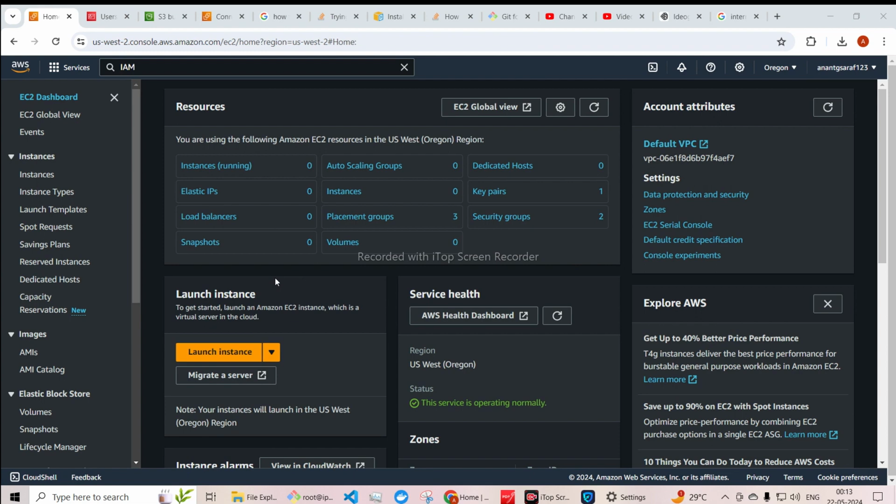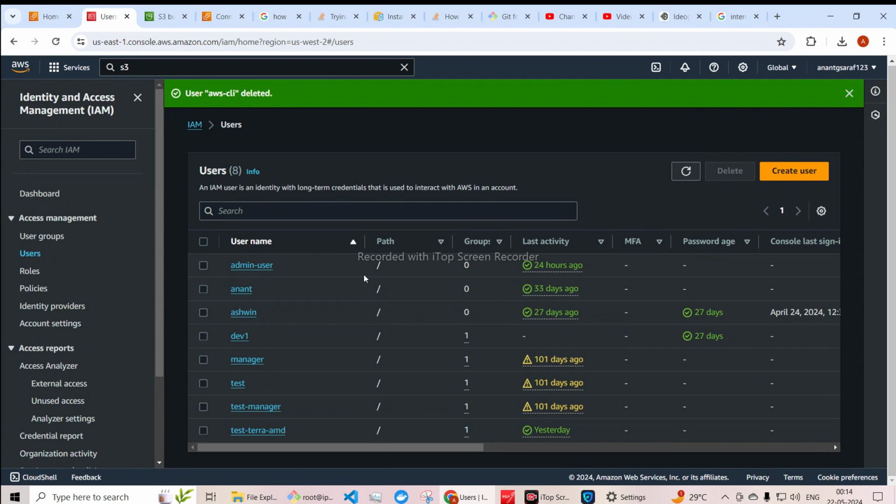In that case, what we can do is create the EC2 instance, and to that EC2 instance we can assign the roles, and these roles will permit the EC2 instance to interact with other resources. So in this lecture we will see how we can do this in brief. For that purpose, if you see here,